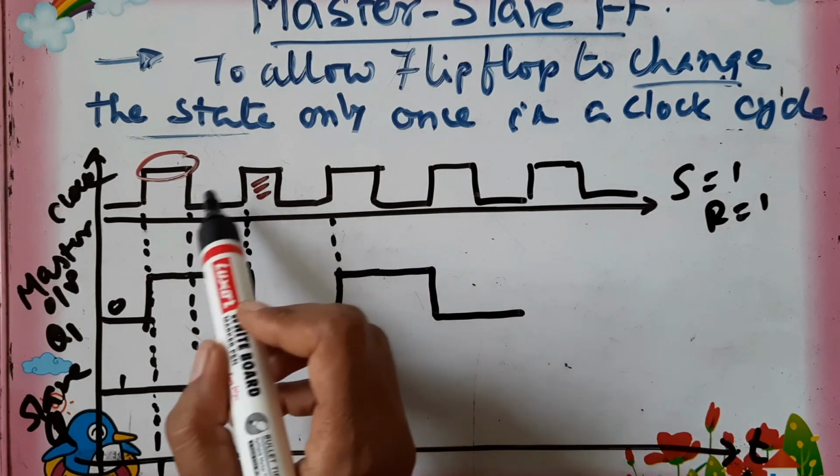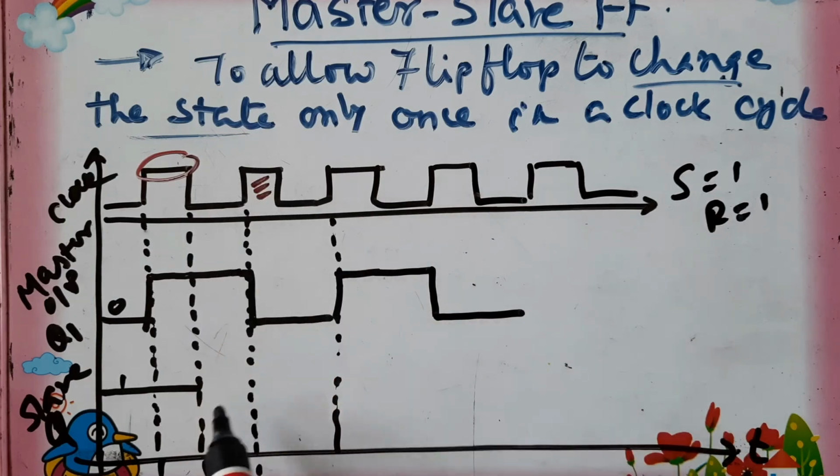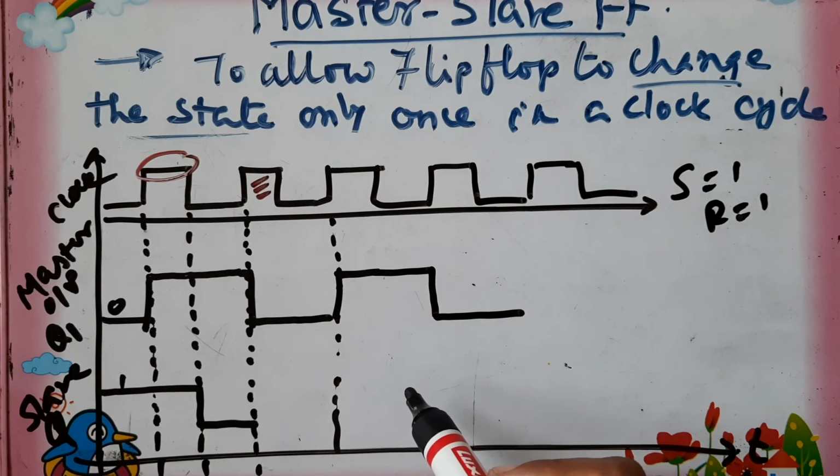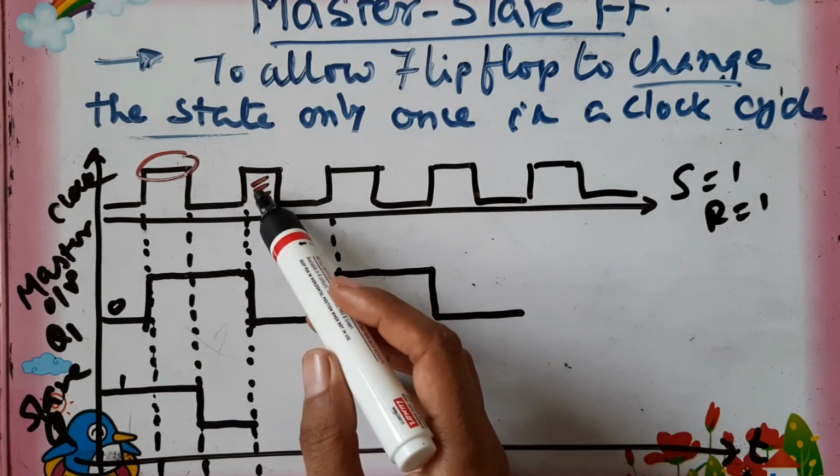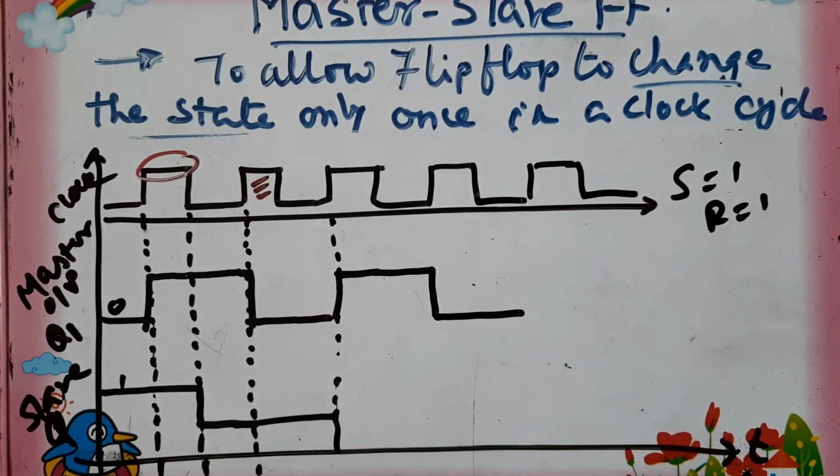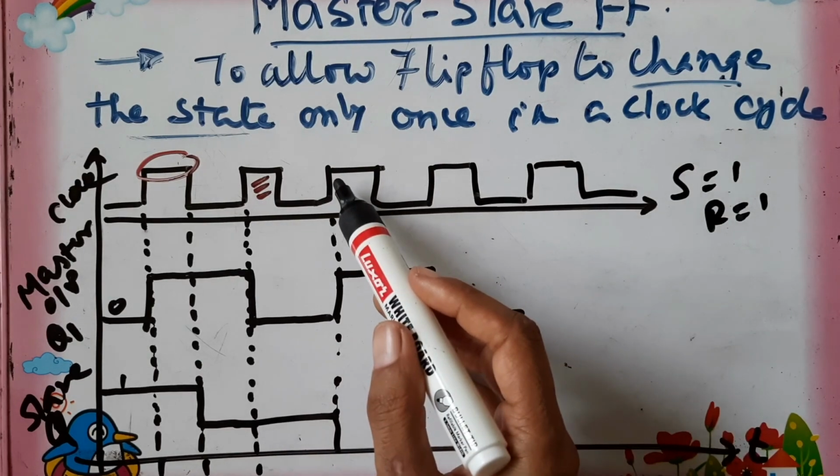Now for the negative level of the clock, the slave flip-flop will trigger and it will change the output. So it will toggle. Now for positive, it will hold the level. When the negative part occurs,